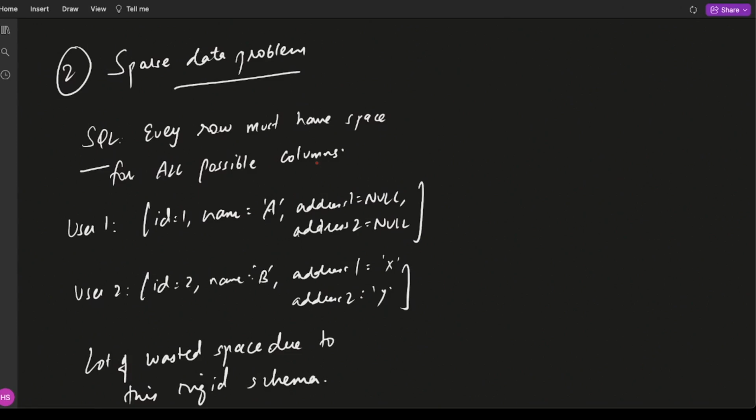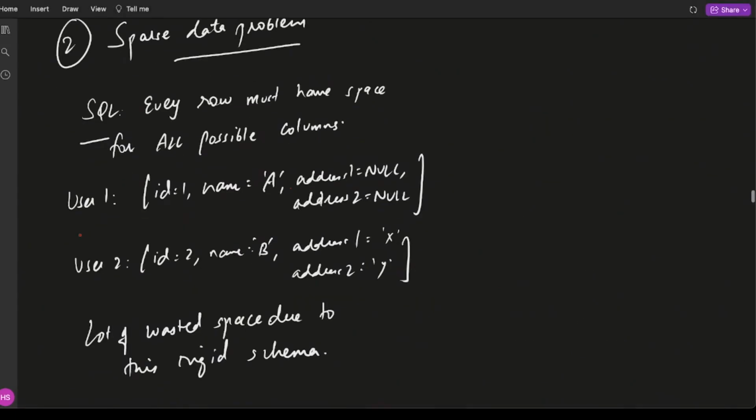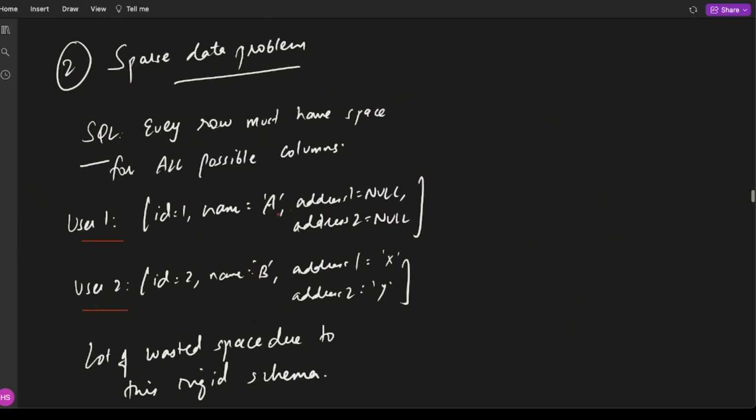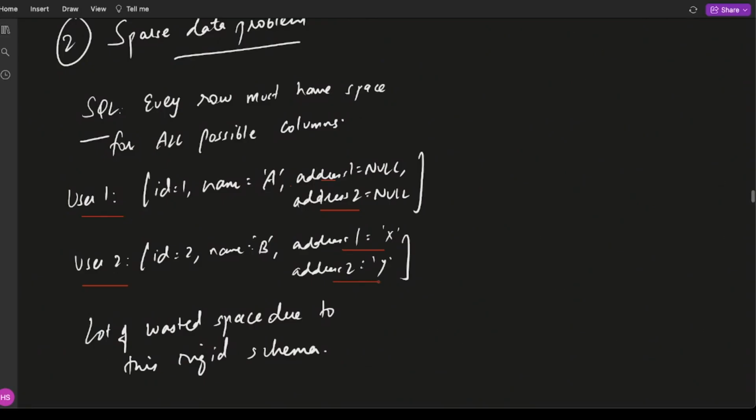This becomes a big deal when columns can be nullable. So take this case of two users. User 1 is homeless. User 2 is pretty rich, has many properties. So user 1's address 1 is null, address 2 is null. User 2 will have some addresses. Now, when you scale this to millions of records, you'll have a lot of wasted space because of this rigid